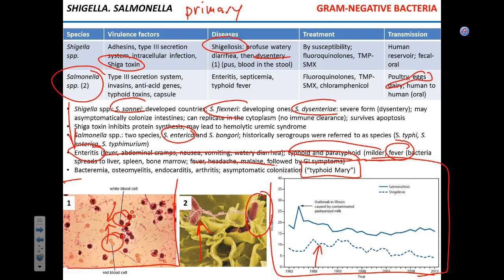Total toll was something like 50-plus people got sick, and I believe 3 people died. It's the result of the salmonellosis that she transmitted. So that gives you an example of an asymptomatic carrier, of a disease like Salmonella, that we consider to be a primary pathogen. And in fact, even now, if you acquire Salmonella,